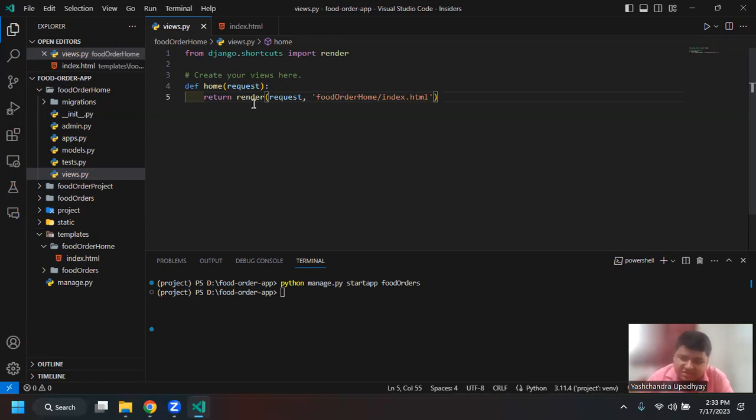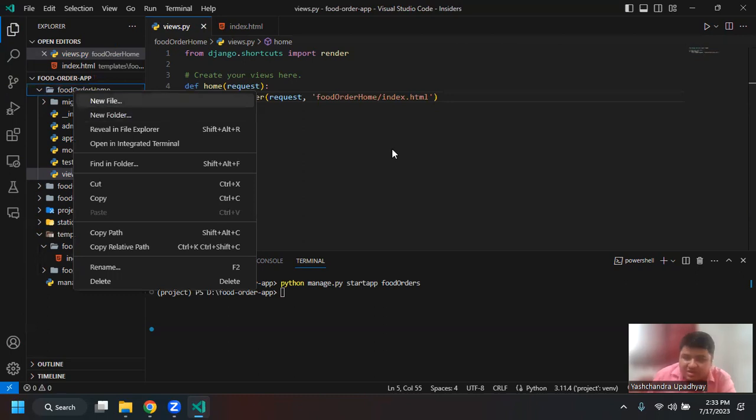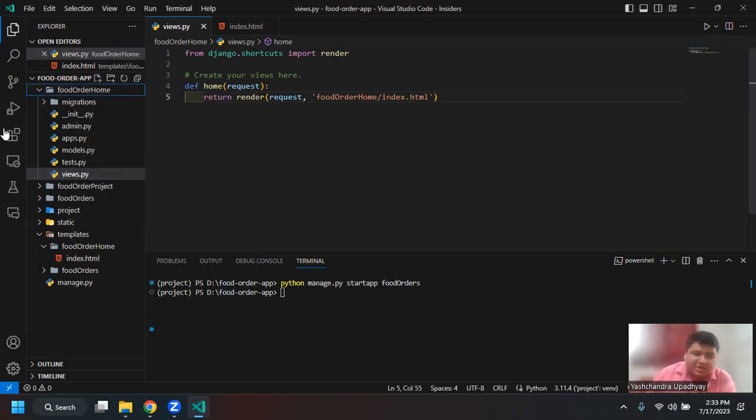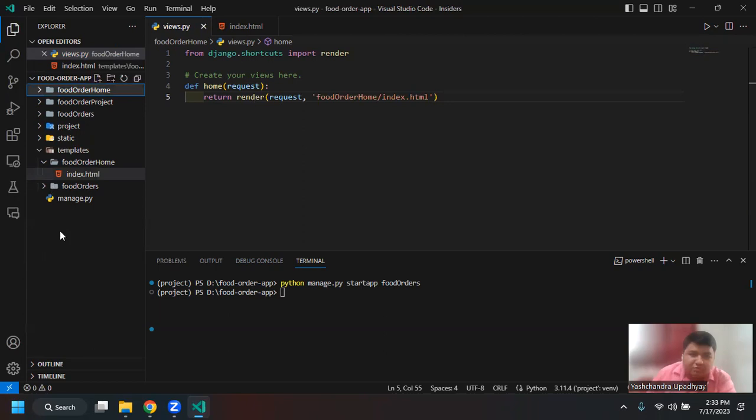If I run the server and go to the specific view, let us say home, I will not be able to reach there because I have not linked a URL. So by default, what we would have done was create a new file named urls.py in the app, right? But we actually don't have to. What we can do is,